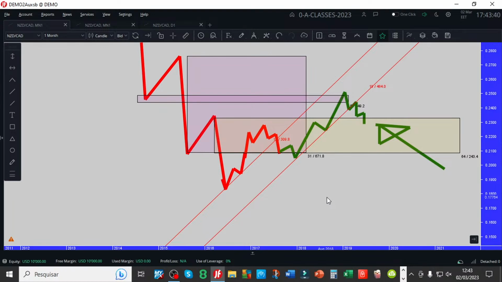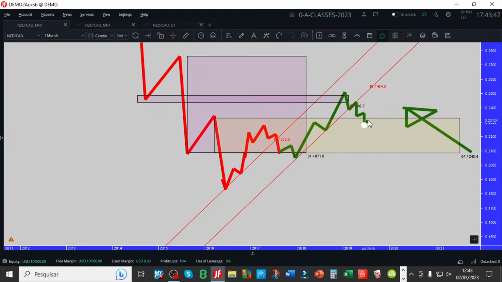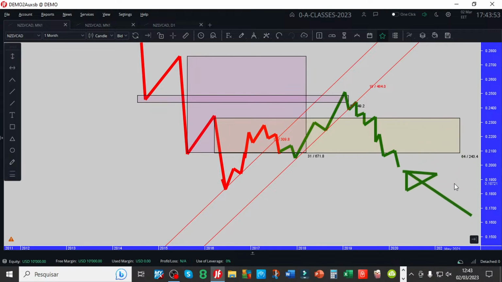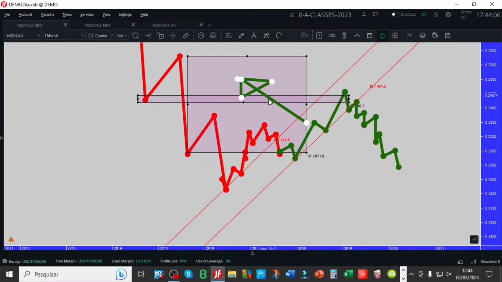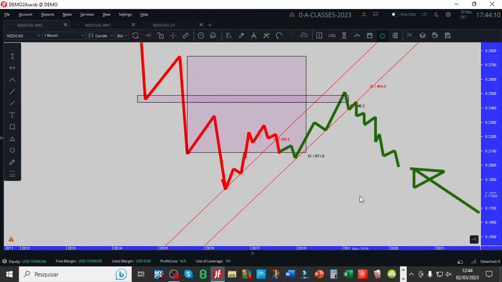Short, right? Some are going to say, well, I'm not going to short again, I'm going to wait for the market to get out of the big no trade zone. The market gets out of the no trade zone. What are you going to do down in here? So I'm going to delete the first one, everybody, just to be clear. If not, it's confusing. So delete the small one. Now this is the next big no trade zone. It's a bigger one, and the market is out. What are you going to do?